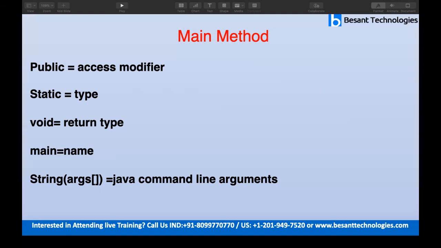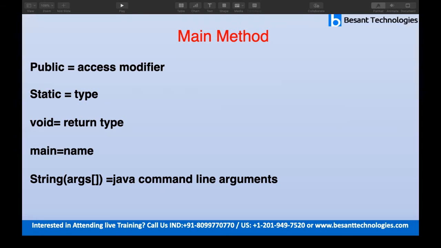So in Java, we have two types of methods, static methods and non-static methods. Static methods have a fixed memory space. You need not allocate any separate memory space for calling it. And the other is the non-static method. If it is a non-static method, we have to allocate memory space for calling it.